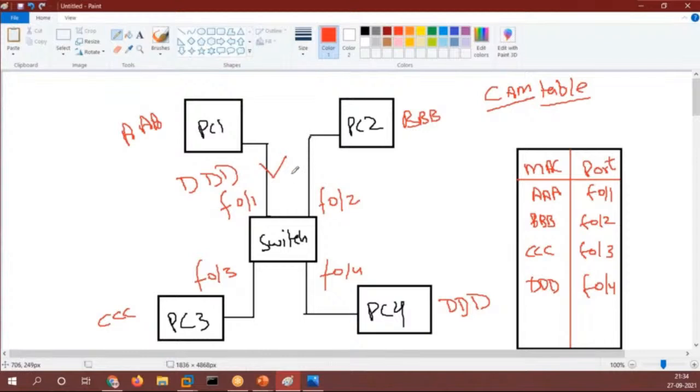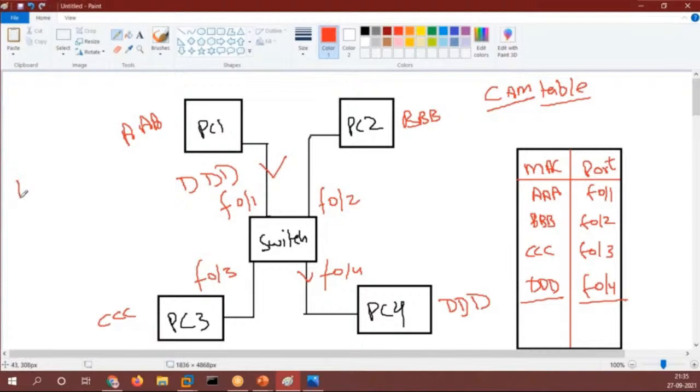So inside it, the switch will find out where DDDD is. It found that DDDD is connected to port number 4, so the switch will forward that data towards port number 4, and that data will reach PC4 without other nodes. So this is how your switch works.